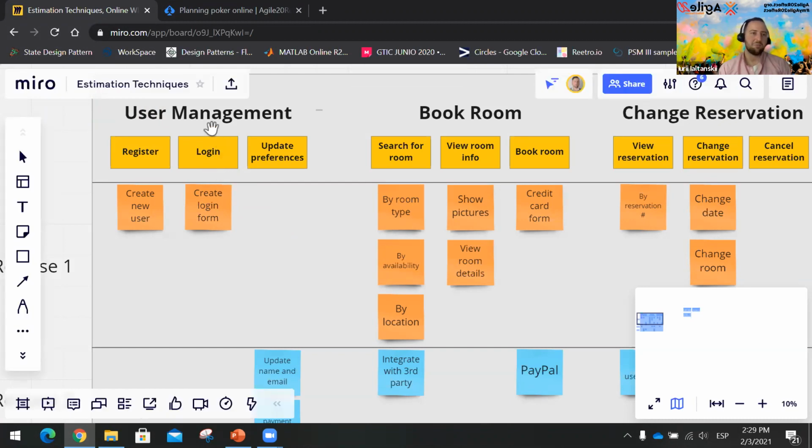Imagine that we have this user management. This is an epic, right? So it's a huge functionality in plain words, and we have this product backlog item, create login form. Imagine that I am a product owner, and I say, okay, guys, we have this user story, create login form. What do you think about that? So the people who are at the table